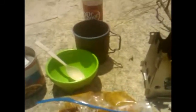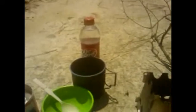Okay, so I'm going to try boiling my beef stew in a freezer bag. That's the can it came out of, and that's how much is in there. So I'm going to try to do the same thing I did yesterday. There's my little bowl, my cup, my water, and I think this is way more than enough sticks to get